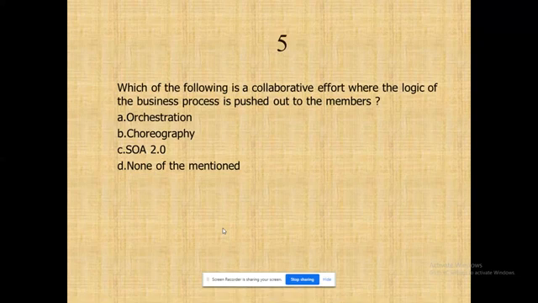Collaborative effort, the term they have used here is, we are converting legacy systems into an SOA based framework, right? That's the term they are using, collaborative effort, where the logic of the business process, nothing but the middleware logic, how you will exhibit, that's what their question is. Ultimately, the different tier architectures will help us to hide where our logic is. It will not make us able to trace.